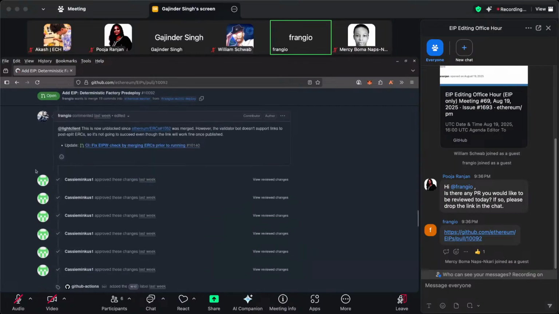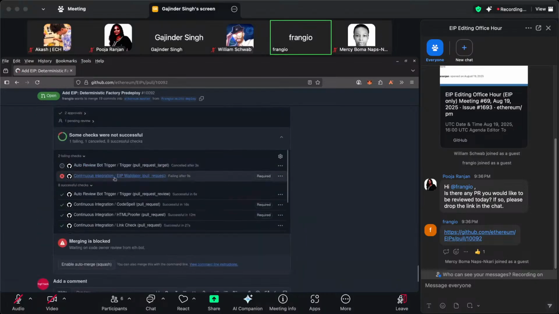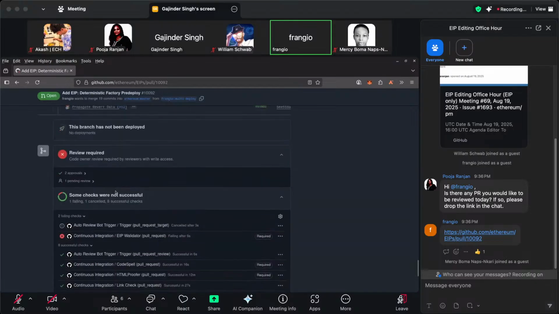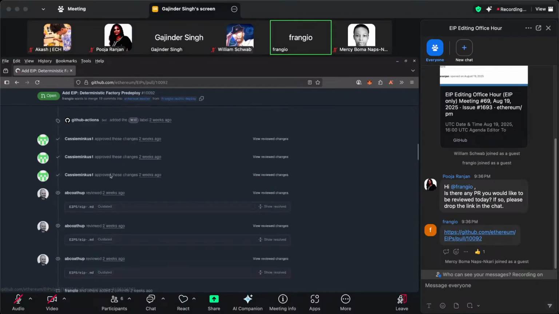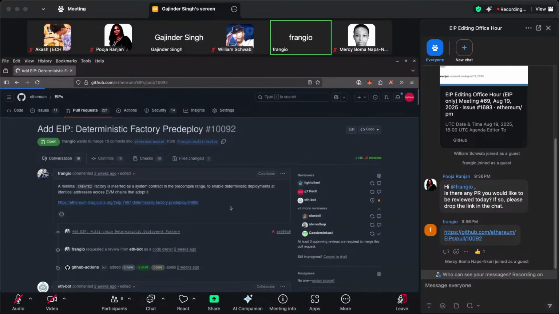Yes, I believe so. I mean, there is this issue with the bot, but it shouldn't be a blocker. Now the bot is a blocker. We can't merge without the bots passing all the checks. No, but the thing is, this has a link to an ERC post, and that's not working.